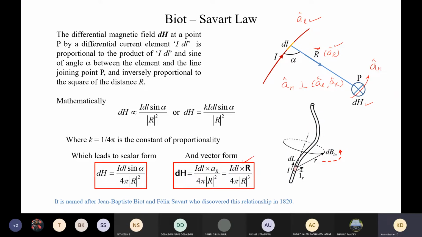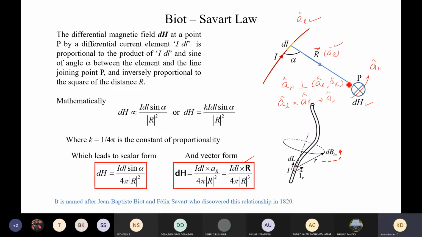It is not like they just derived this arbitrarily. This is how it is worked out. And therefore, we can say that the dL vector crossed with the a_r vector will give the magnetic field direction itself. This is the key point you are supposed to note down, because whenever you are told to calculate the